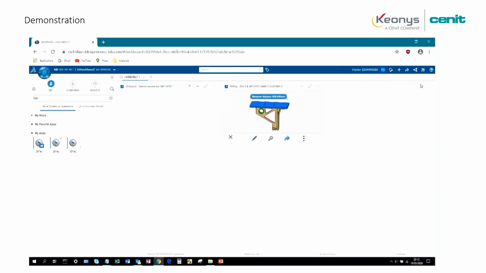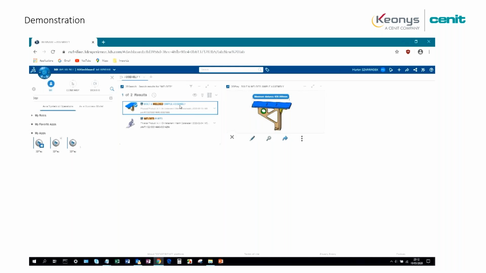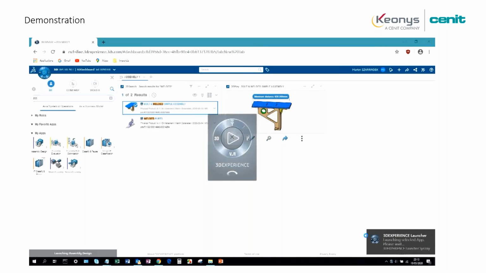Once you have done this, you are sure that this is the good CAD product, for example. You will open, for example, the assembly manager. Here you will open the rich application, which means that you will be able to do some modification on the application. So it launches the rich application.